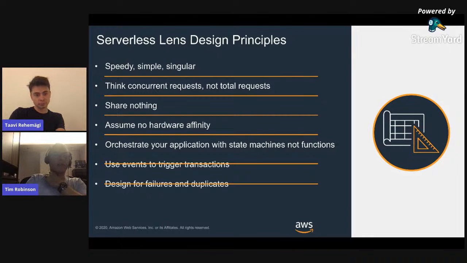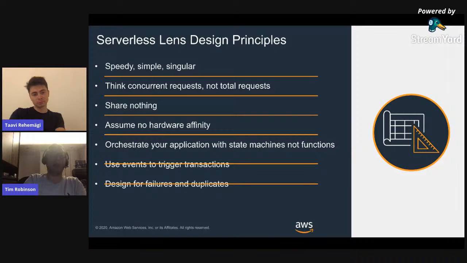Using events to trigger transactions. For people familiar with serverless, this is kind of a given, but it's really event-driven architecture at its core. So events such as a write to S3 or a database update really allow for a response which is in alignment with business functionality. And again, this is what we'd expect for anyone designing an architecture to use that event-driven methodology.